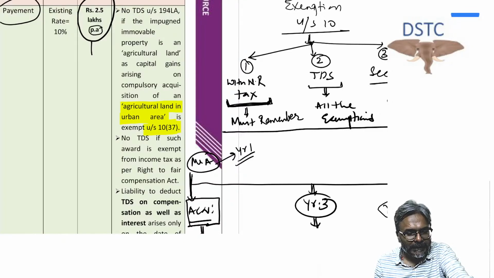Agricultural land in the urban area, students. So is it exempt under section 10(37)? The answer is yes. Now, as you may know, students, you would have seen, for example,